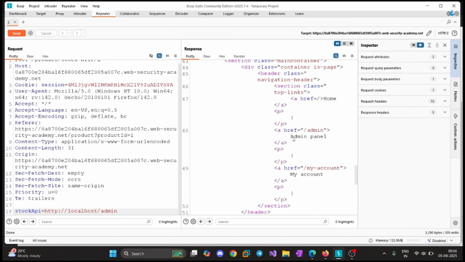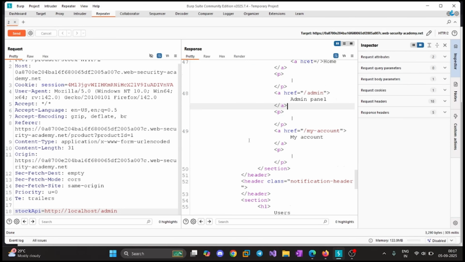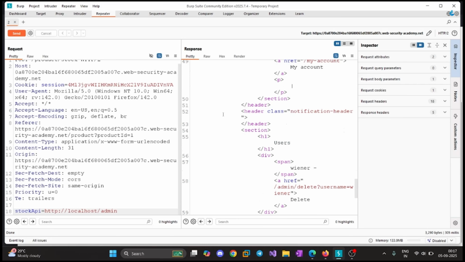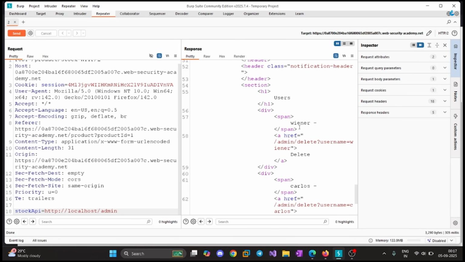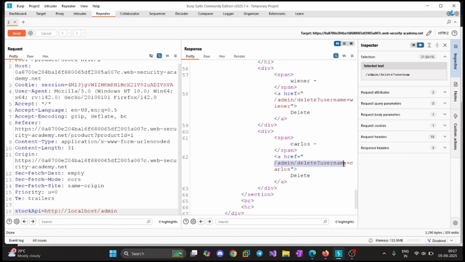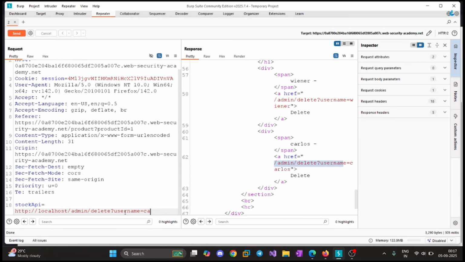As you can see, we have something here called admin panel, which means we have already escalated our privileges to admin, or we are actually able to access the admin panel, right? As per the lab description, we need to delete the user Carlos, right? So for deleting, we can use this particular payload: delete, username equals Carlos, right? So if I send this,